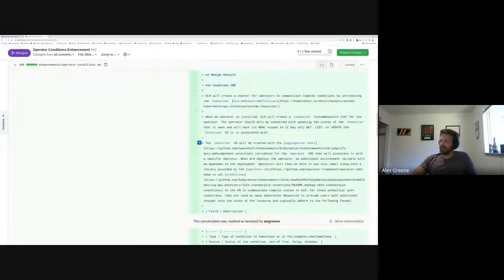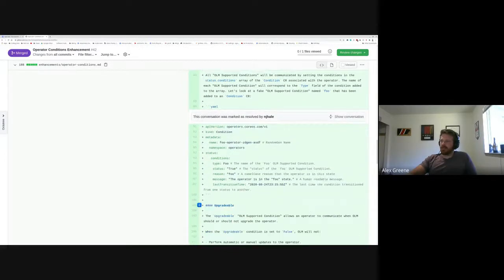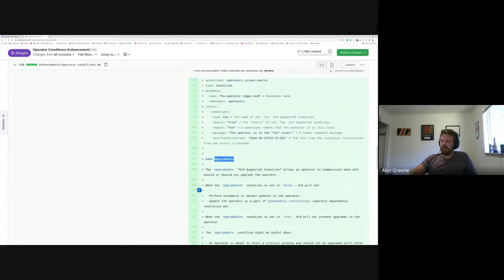If we go down here and we look at this OLM, you can see that we have a list of OLM supported conditions that we're going to do. We have an example one just to set the scope of what we're going to be doing. And then we actually have the real conditions. So in this case, it's the upgradable one. And basically, whenever the upgradable condition is set to false, we are not going to update your operator to the